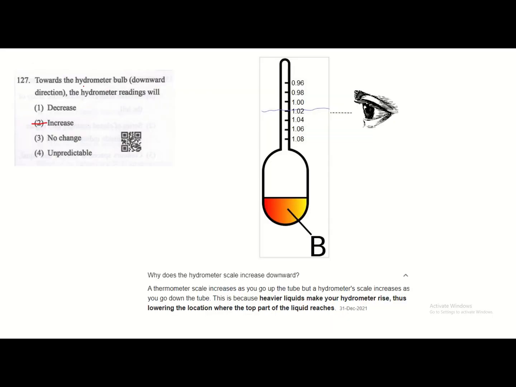Next, the hydrometer bulb in the hydrometer. When we do the practical, we will observe the simple instrument, but we will not observe how the readings vary. So this is a very good question they asked. I feel this is a very excellent question. While doing the hydrometer analysis, we will simply see the values. But when you go downward in the hydrometer, these values are increasing. So that is a very simple question. Toward the hydrometer bulb, the hydrometer reading increases when you go downward. So this is the mercury which is available in our hydrometer.